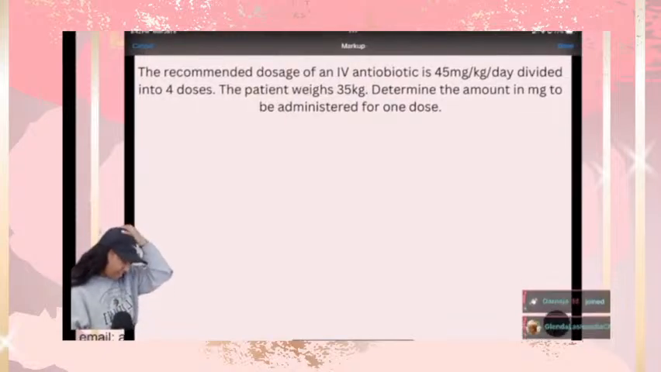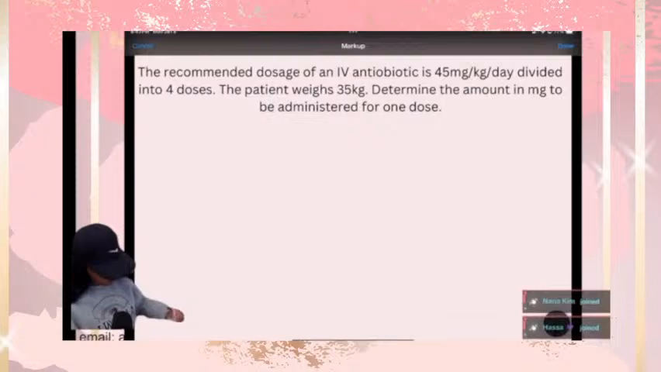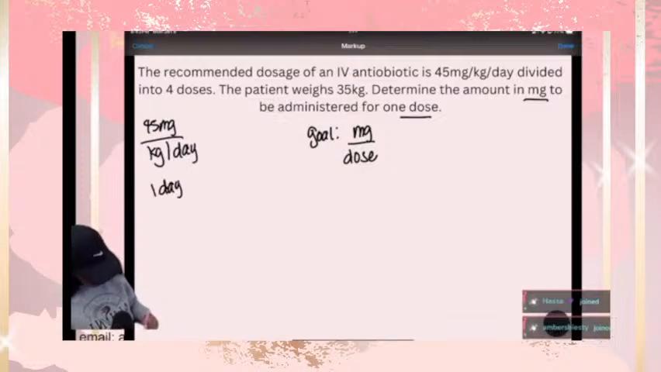Recommended dose of an IV antibiotic is 45 milligrams per kilogram per day, divided into 4 doses. The patient weighs 35 kilograms. Determine the amount in milligrams to be administered for 1 dose. Okay, so our goal says milligrams per dose. So our goal, milligrams on the top, dose on the bottom. So we have 45 mgs per kg per day. And then in 1 day, there are 4